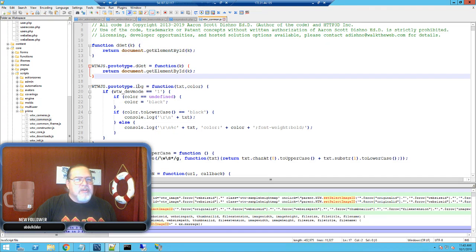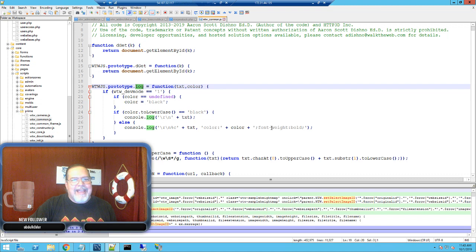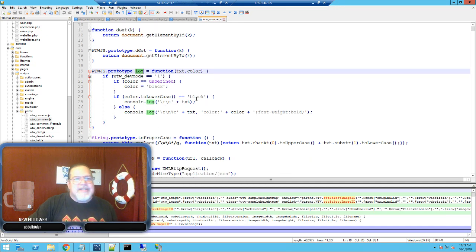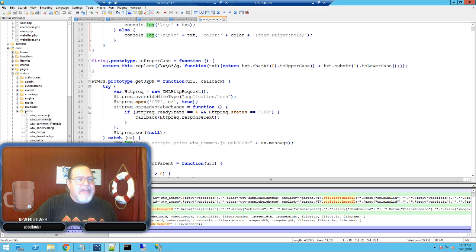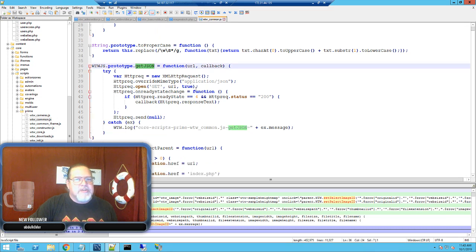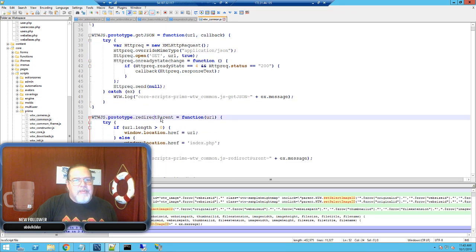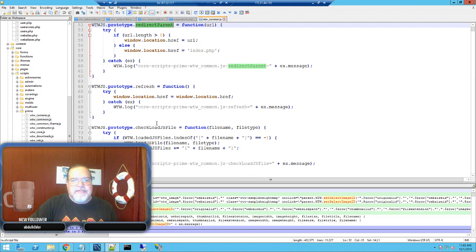Now, everything else, I do logging, which is actual console log, but I added the ability to set a color so I can make things stand out whenever I need them. That's just a little fun thing. Capital WTW period log, and you can write things to the console log. Just put what you want to write, and then a comma, and then pick a color, and it'll automatically do that color. Okay, so the rest of this, I'm not going to walk through this file right now, but we have everything from our getJSON calls, which are asynchronous, and then we have all kinds of things. We can load